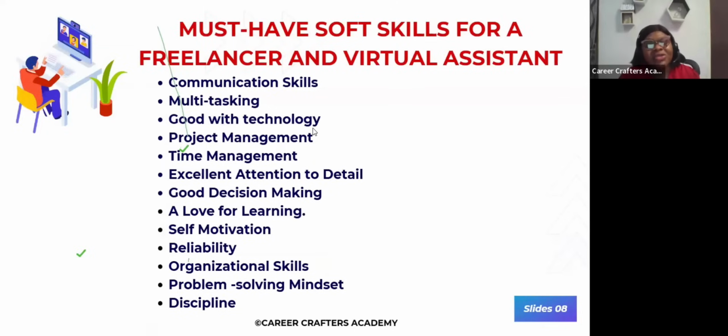The first thing on the list is communication skills. Remember, you'll be working with these people, they might never see you in their lifetime, right? So you'll be communicating with them through emails, through chats, through messages, through video calls like this, so you can see them, let's say on Zoom or Google Meet. So it means that you must learn how to speak. You must learn how to communicate your ideas to these people. You must learn how to think of something and actually communicate it, maybe in writing or by speaking.